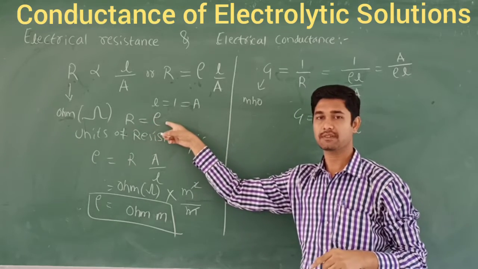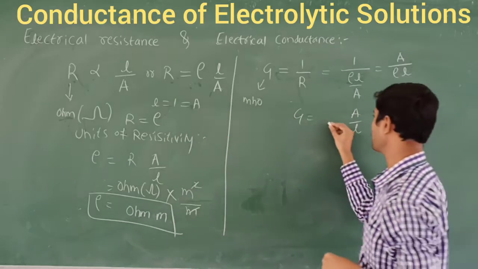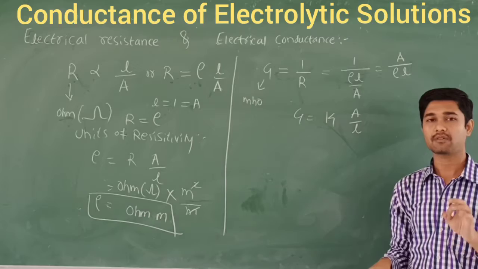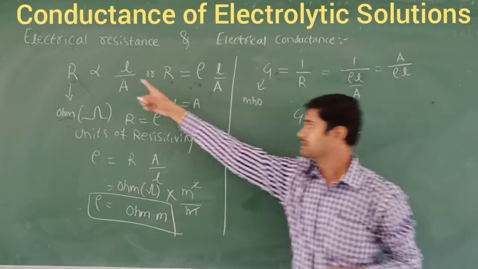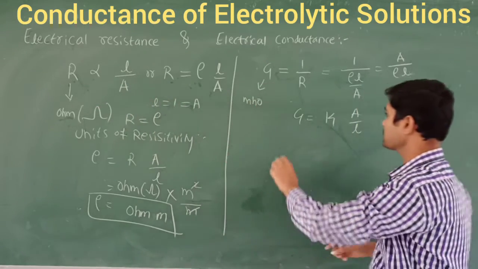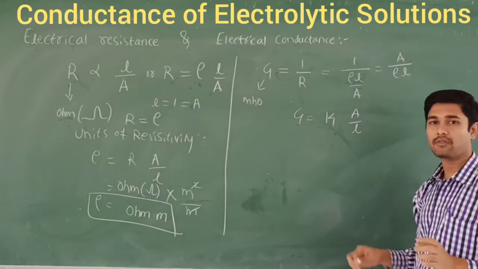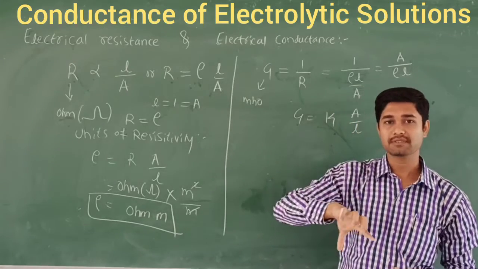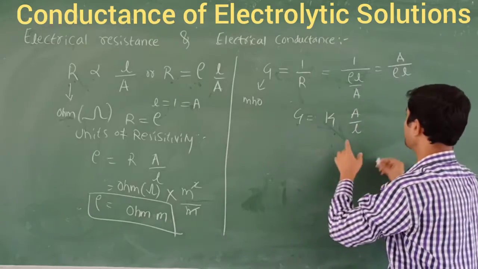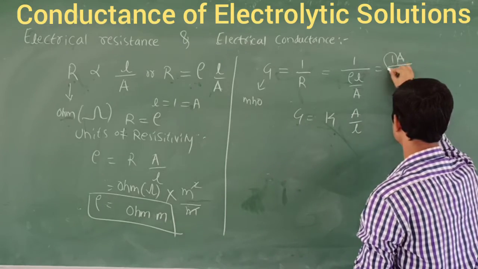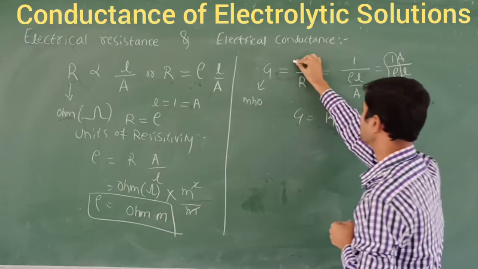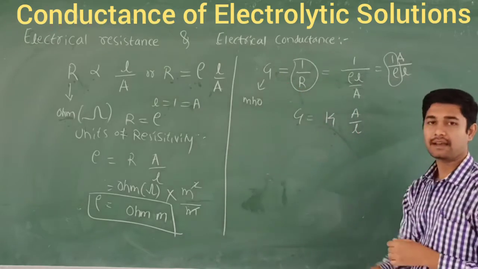Rho is nothing but the resistivity, and also we are going to take one constant that is called K. K is nothing but the conductivity. We are going to become familiar with the two words, resistance and resistivity, and here conductance and conductivity. So what do we mean by conductivity? Conductivity is nothing but the inverse of the resistivity. That's why it is 1 by rho. This 1 by rho I am going to take as the conductivity, and here 1 by R I am going to take as the conductance.